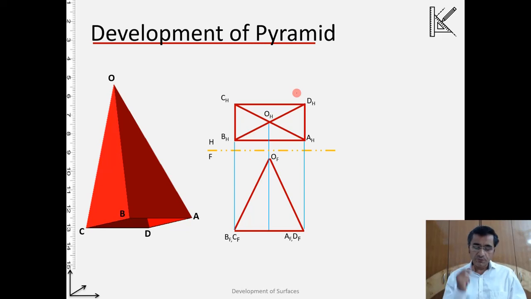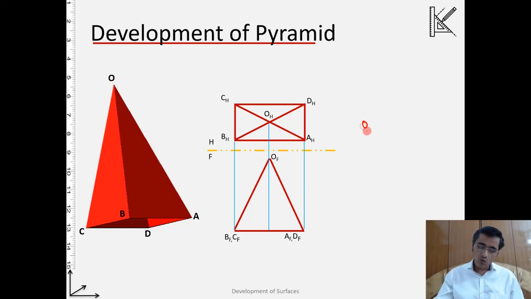Now we want to develop this pyramid. When we want to develop it, currently from the projections, horizontal as well as frontal, I do not know the true length. It is not known to me. So what is the fundamental here? The idea is, if I know the true length, say OB, then OB is the same as OA and OC.